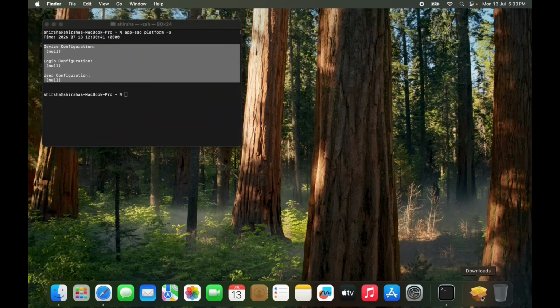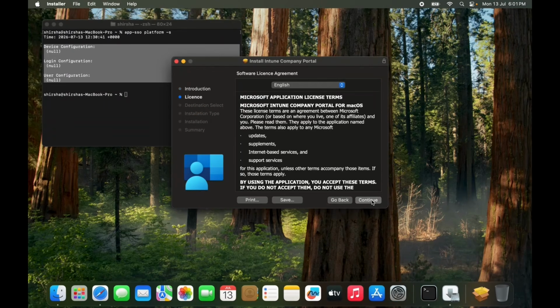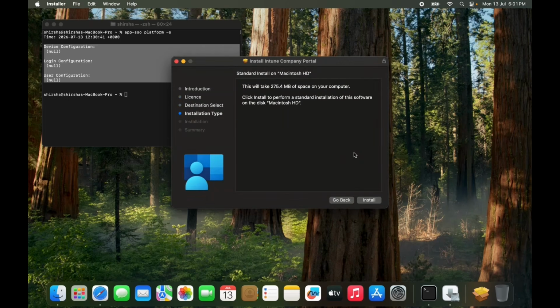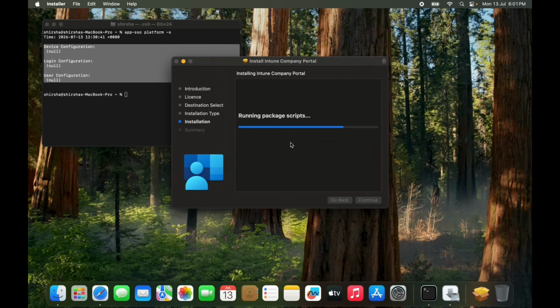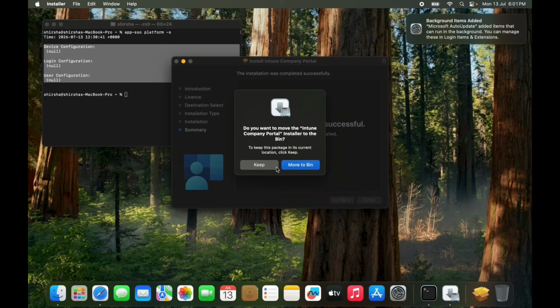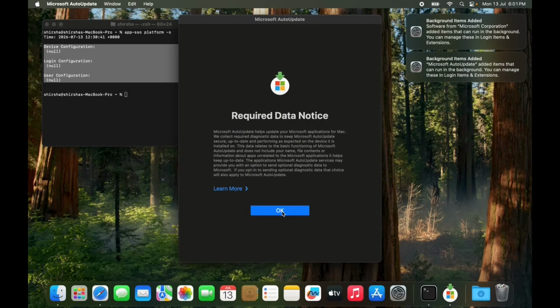I have the Company Portal package downloaded. Let's try to go through the enrollment flow. So I'll just very quickly go through this. This is not entirely relevant. We should already know how to enroll a device to Intune. Again, this is one of the ways of enrolling a device to Intune, that is the user downloading the Company Portal package and installing it manually. You might as well have gone with the ABM flow as well. That doesn't matter. So once the application is installed,